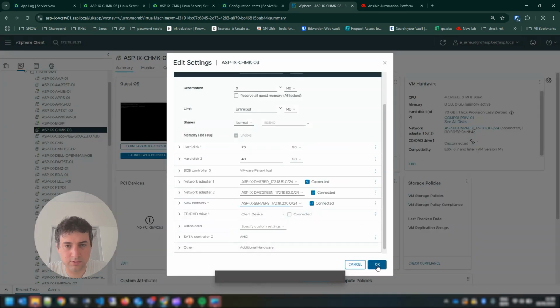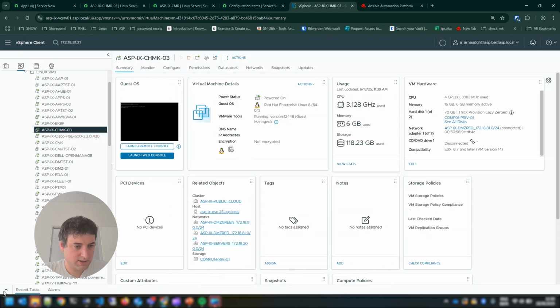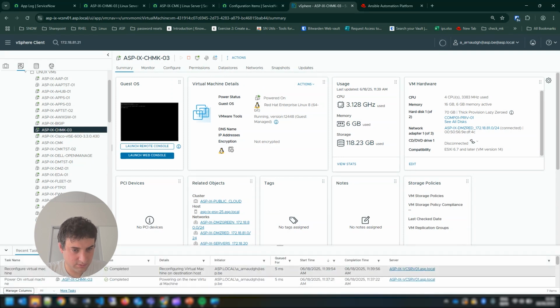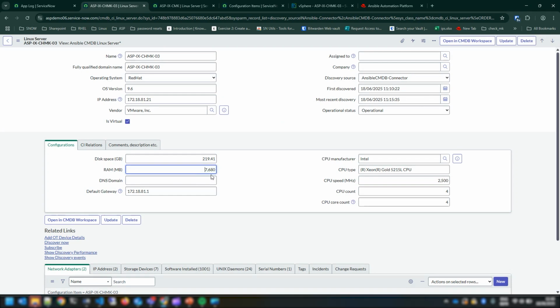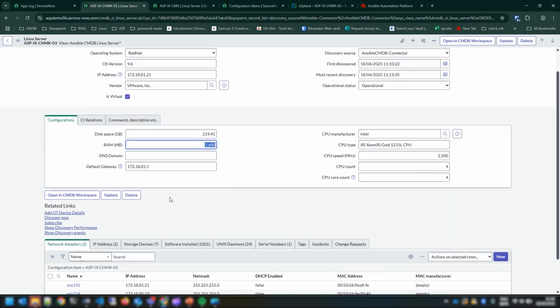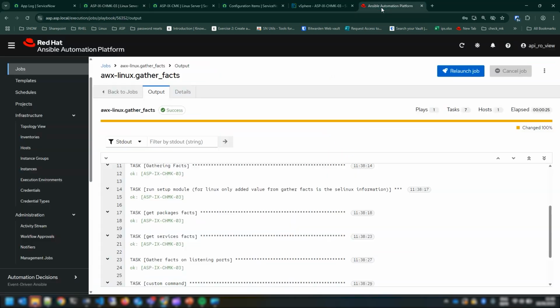Okay. So I am doing the change. Let's see when it's done. Okay, it looks completed. We can see that we have the previous value, so 8 gigabytes of RAM and 2 network adapters. So I will now